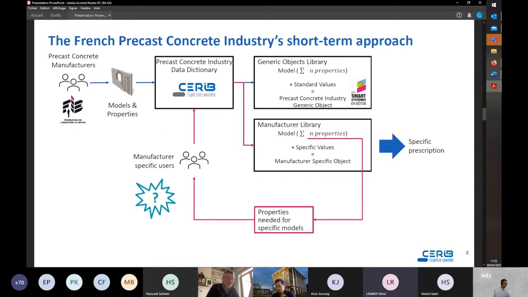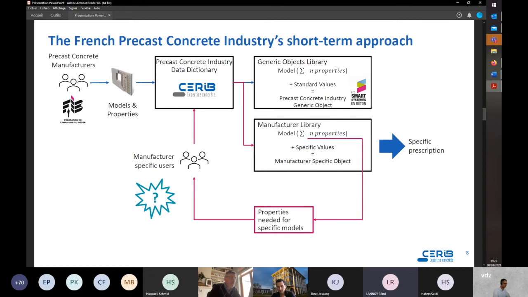In the short term, our aim is to enable our manufacturers to create their own catalog based on the model description contained in the sectoral dictionary. The creation of the manufacturers' catalog is a part of the process of specifying products.